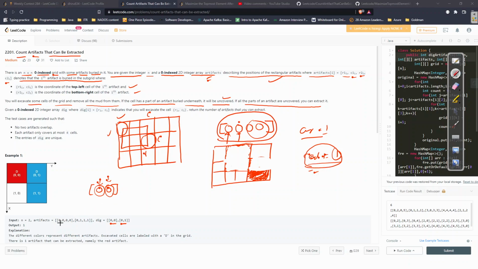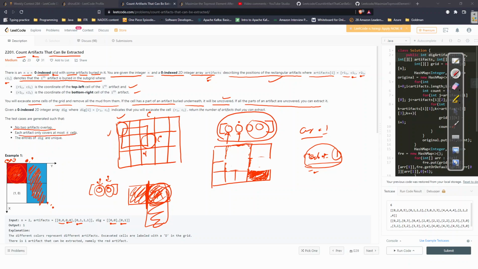If you see this here, it says 0 0, 0 0. It means it starts from 0 0 and ends at 0 0, so at this particular portion only one cell holds an artifact. The other artifact starts from 0 1 and goes up to 1 1, and that is why this contains the second artifact. It also says no two artifacts can overlap. So it cannot be that one artifact goes from here till here and another goes from here till here. Overlap cannot be there.